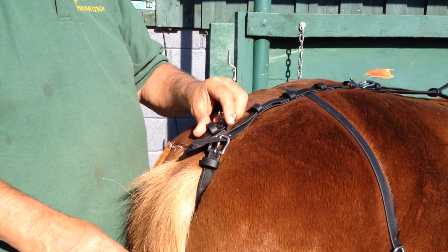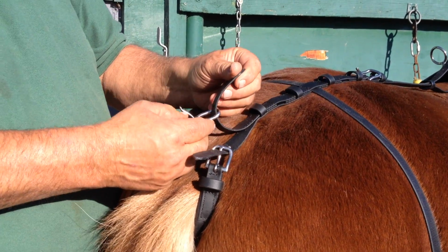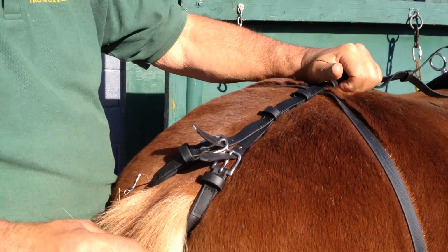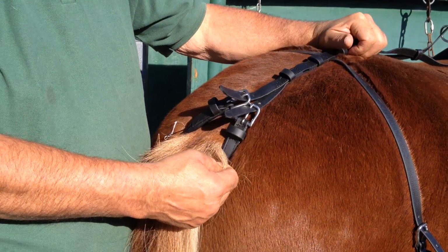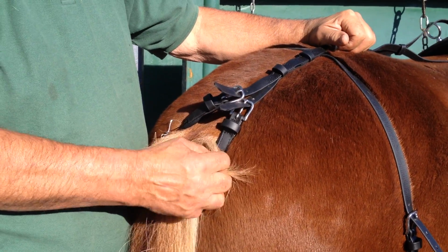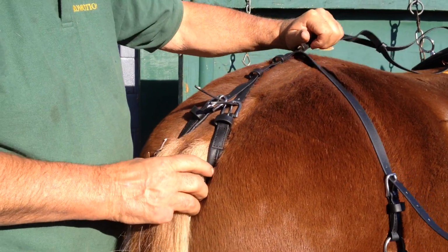Get your little towel down quietly, yeah? And make sure we haven't got any hair in there. That's important. This hair can be quite coarse. If it's matted up inside there and this is jig jogging along as you're going down the road, it can make them sore. So always make sure that's out. What I do personally,